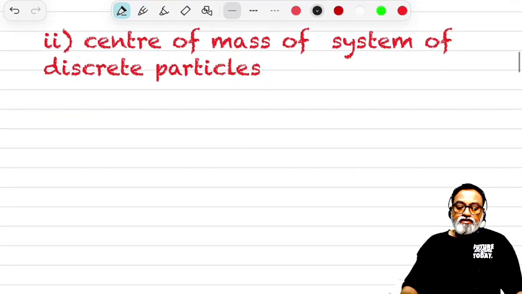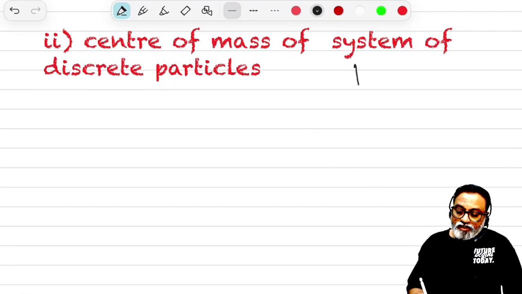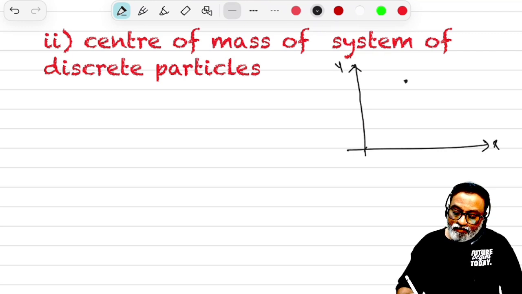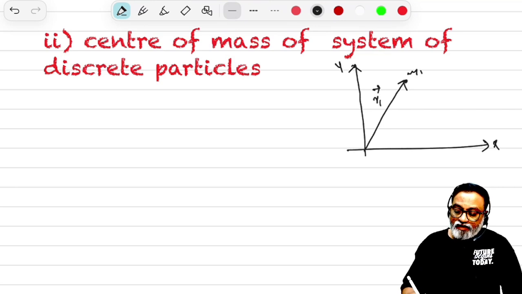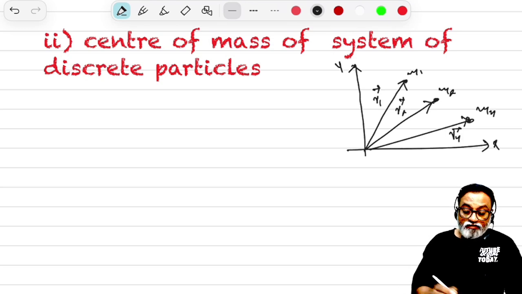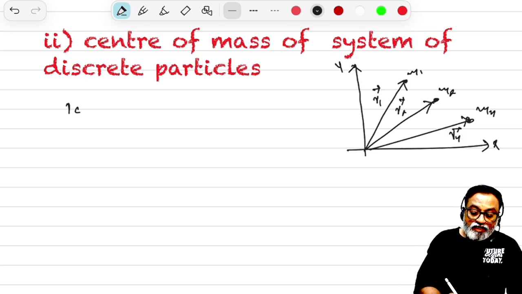Another one, center of mass of a system of discrete particles. Discrete particles means there are a large number of particles. For example, here is particle 1, mass M1, its position vector is R1 bar. Like that, M2, its position vector is R2 bar. Therefore, the position vector of center of mass